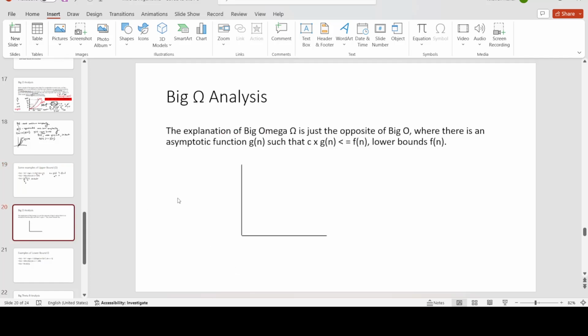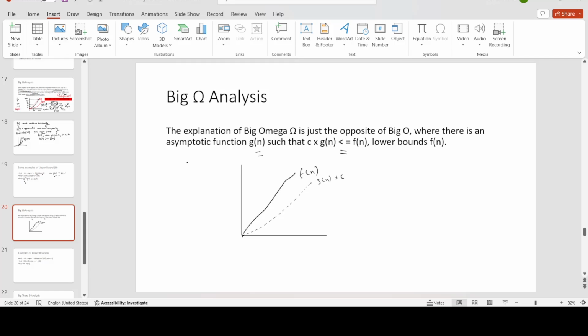এখন আমরা big omega analysis দেখি. Big omega explanation হচ্ছে just the opposite of big O, where there is an asymptotic function gn such that c times gn is smaller or equals fn, which means it lower bounds fn. So if this is fn, gn must be lower bounding fn. Okay? এবং gn কে বলা হয়,